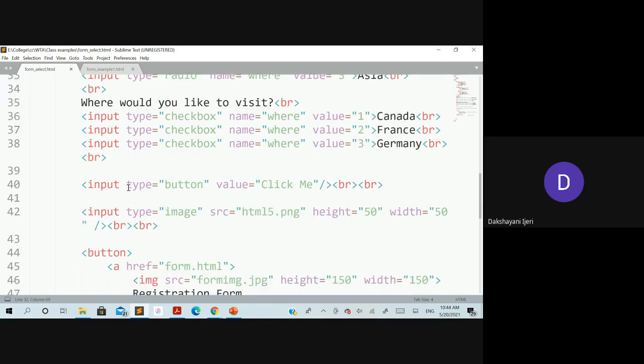So the next option is where I want to create my customized clickable button, in which the input type is button, and the value attribute should have the label you want to give to that button. Here in this case, Click Me has been taken, and close this here itself. Even if you skip the closing, I think the HTML file is going to ignore that, but it would be good to close all these elements here itself.